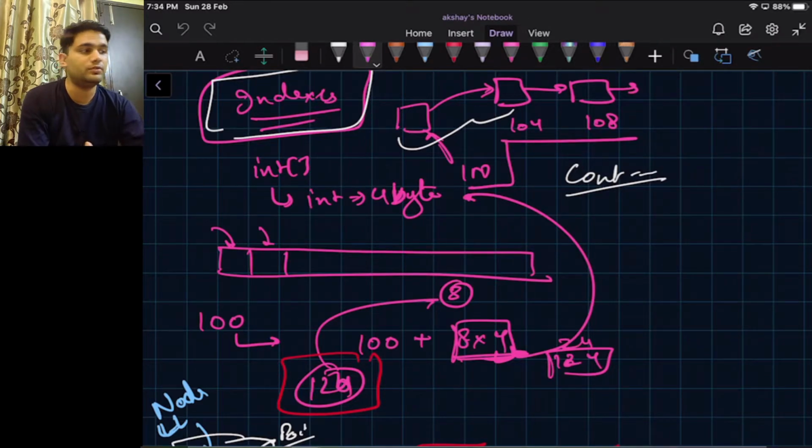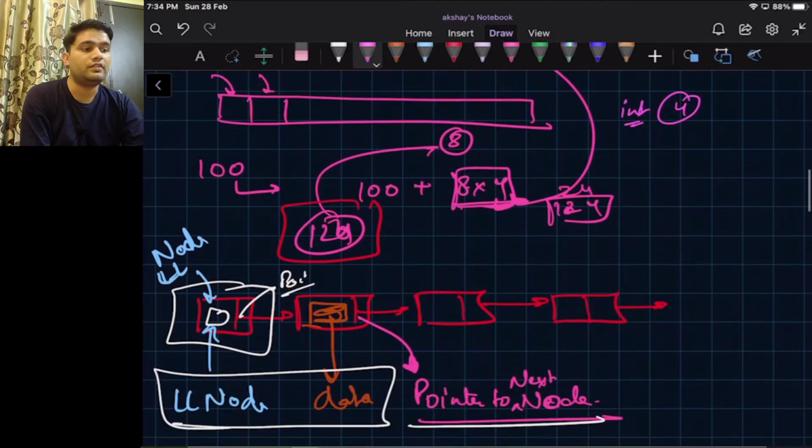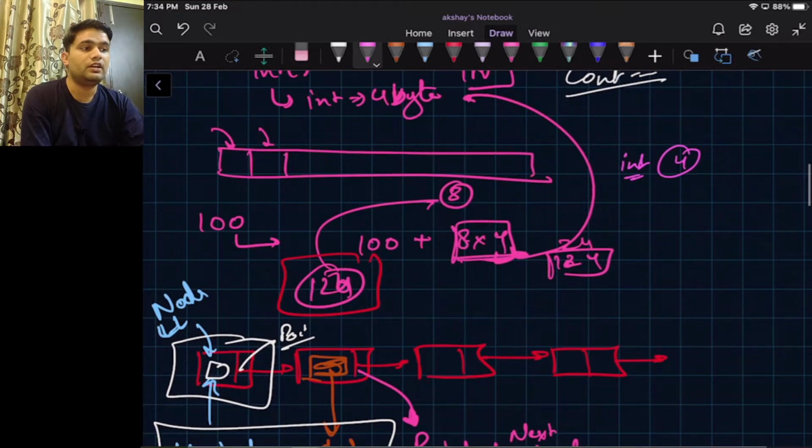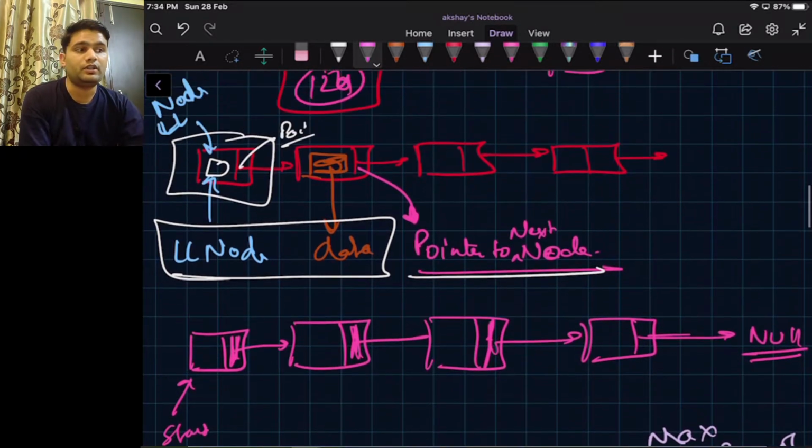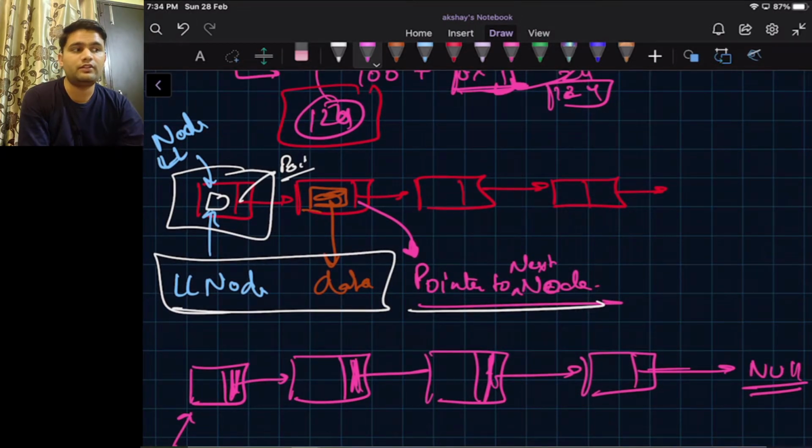So for integer it may be 4 bytes in some languages and 2 bytes in some languages. That depends on the language, of course. And after that we discussed what nodes are and what nodes carry. A node carries a pointer to the next node and carries the data for the current node.